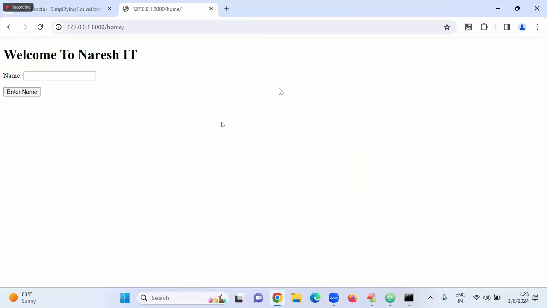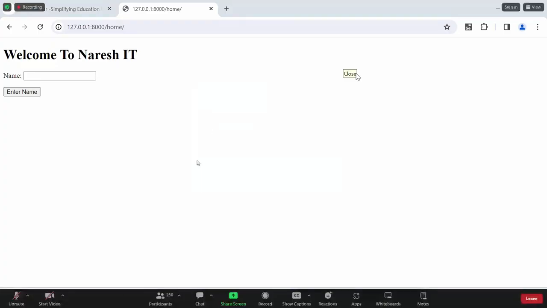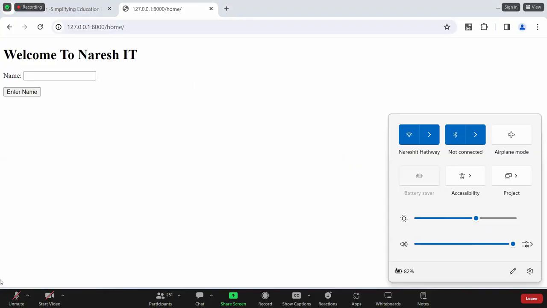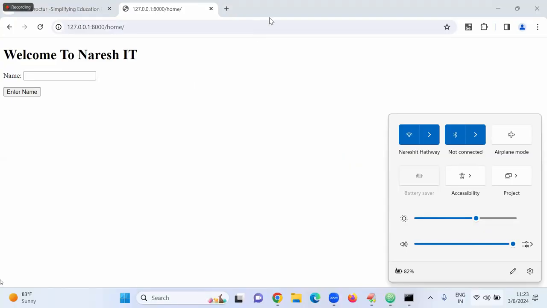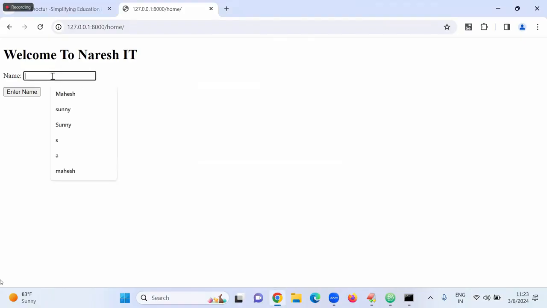In this case, network issue. Oh. Net connect in the